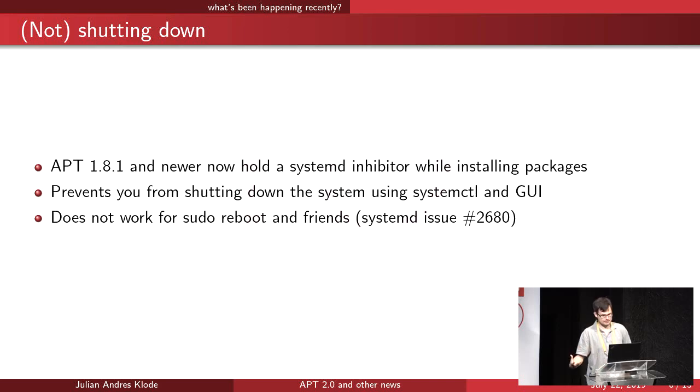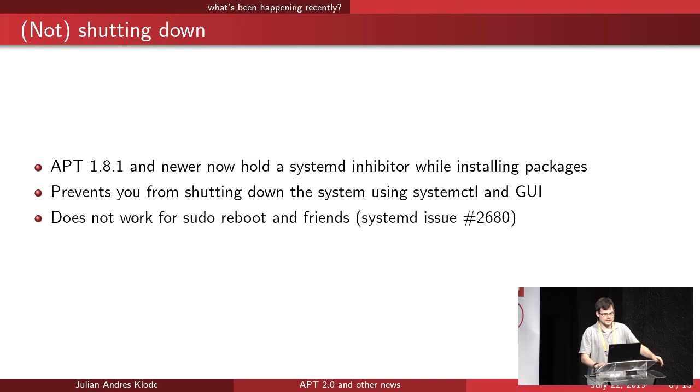A systemd inhibitor can prevent you from rebooting or shutting down your system. It can also prevent you from having the system sleep, or you can delay these actions as well. In this case, it's a block inhibitor. It prevents you from shutting down or rebooting the system while it's installing packages.